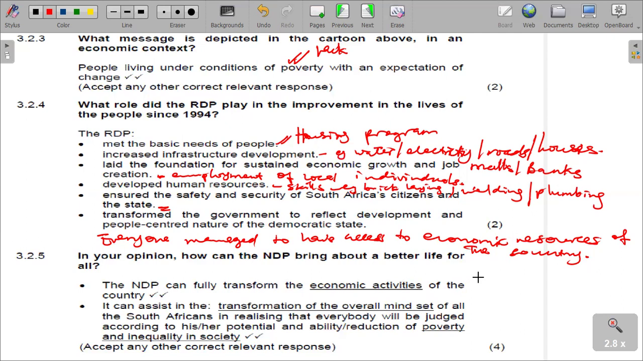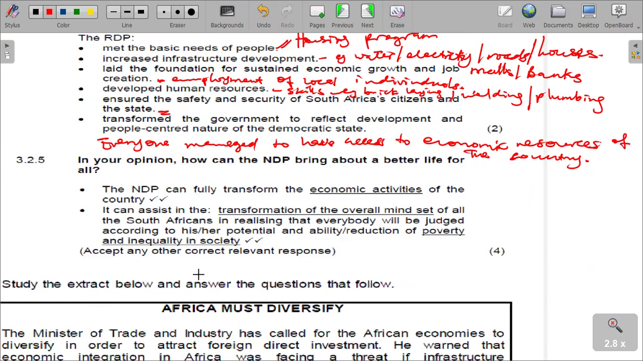which we are saying is as a result of a democratic state, a people-centered approach that the government has to come up with in order of ensuring that there are some growth initiatives or some redressing the past imbalances, and then the new paradigm that is there, which has to do with improvement of the South African people. And then, in your opinion, how can the National Development Plan bring about a better life for